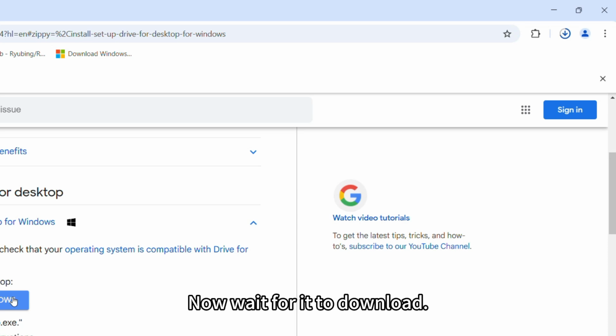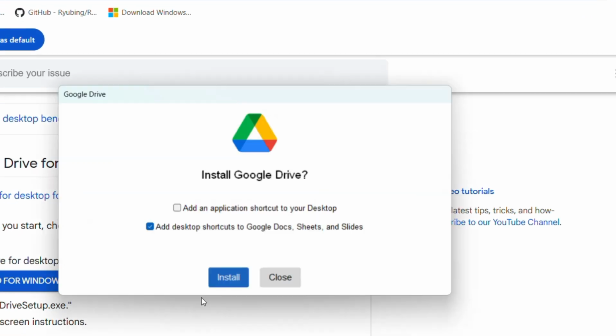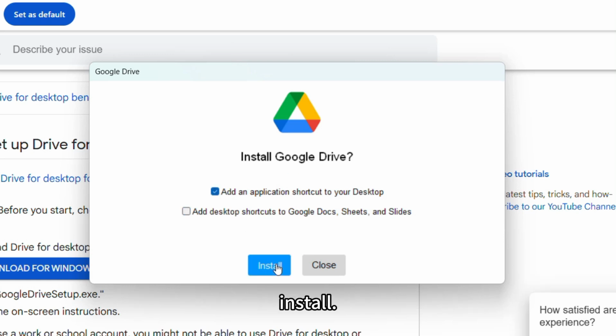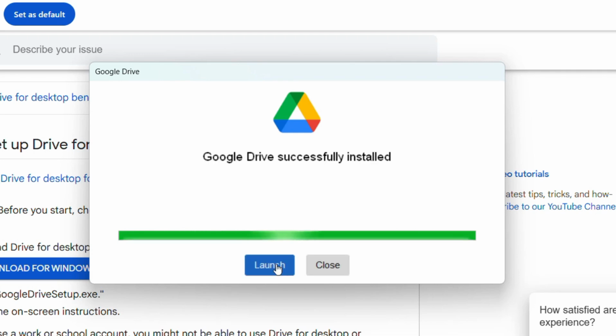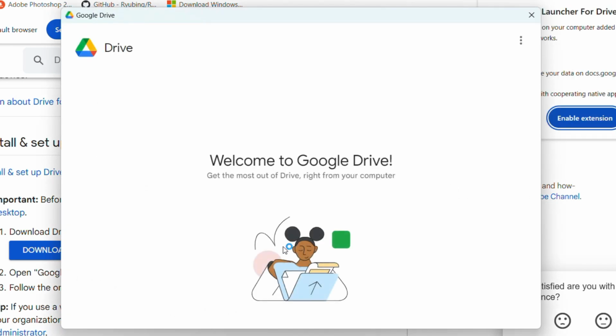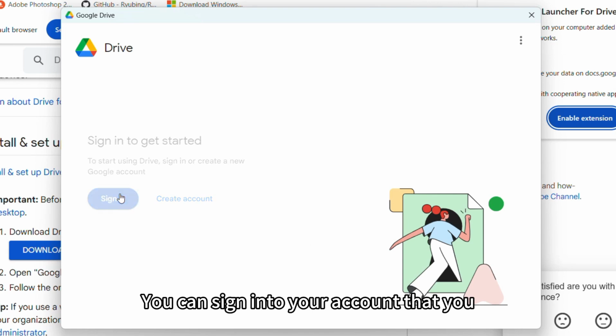Now wait for it to download. Open the file when it is done. Check the options that you want and click Install. Launch it when it is complete. You can sign into your account that you want to